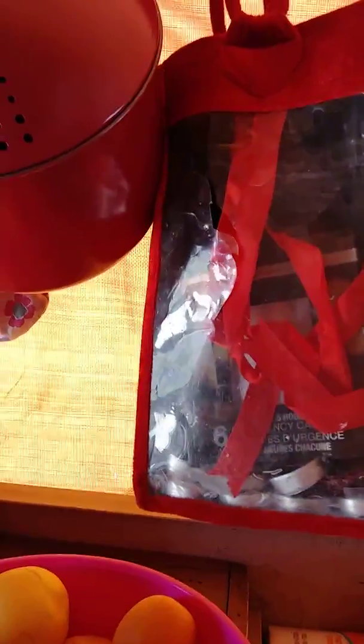So yeah, and then what I did was I just took a bunch of little nails and I hung this bag. Let me just tell you, it has been with me for, I can't tell how many years. It's a cheap little bag. I got it for like $1 at the dollar store. And I use it for,